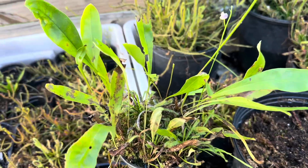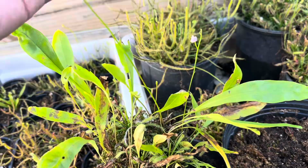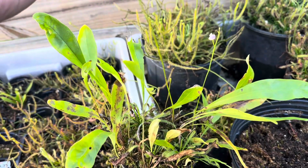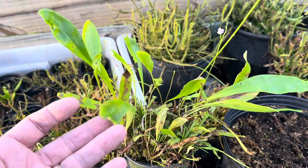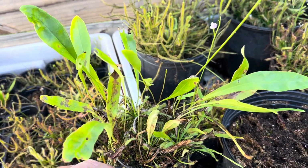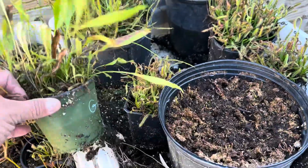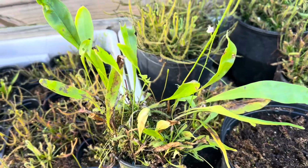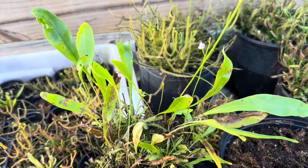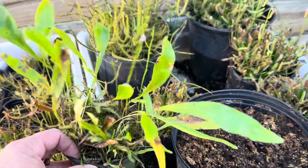They require distilled water, rainwater, or reverse osmosis water. If you're growing it in a bog, obviously you'll have it in rainwater more than likely. They like a soil of peat and perlite, but can do well in full peat, and they even grow basically aquatically. Now they don't necessarily like that too much, but they certainly will grow that way. Feeding them, you don't really have to feed them. You can foliar feed them, but they will get their own food that we'll talk about in a minute,